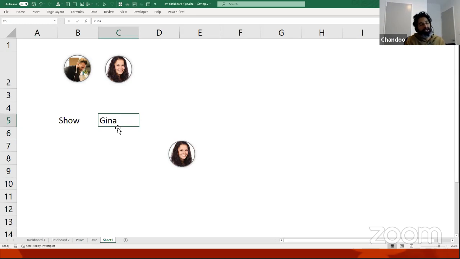It's the same thing with the slicers as well. You can have a slicer interaction that will pick a manager and show the picture in a dynamic way like this. This works very well when you have 10 people or 12 people. But once you have 300 people and their pictures, it gets really messy to have this kind of setup going on. Again, out of 300, showing one is fine. But if I want to show 5 people or 20 people in my dashboard, it gets more intricate than that.